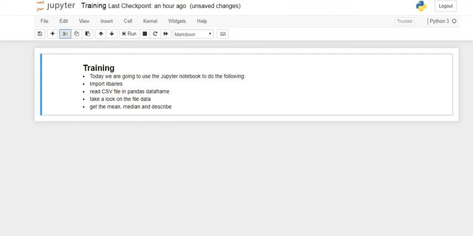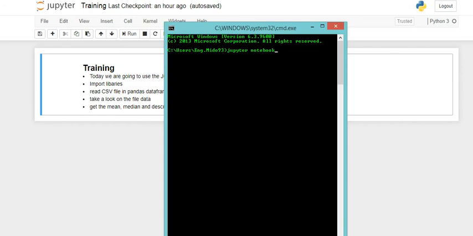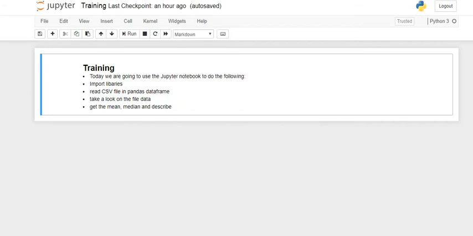The first thing you need to know about Jupyter Notebook is how to open it. Go into your command prompt and write jupyter notebook. Make sure you already have it on your computer and you installed it correctly. After you press enter, you're going to be redirected to the Jupyter Notebook. You can open a new Python file to write your